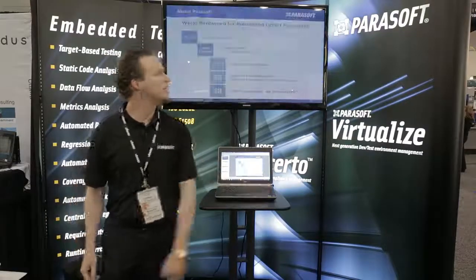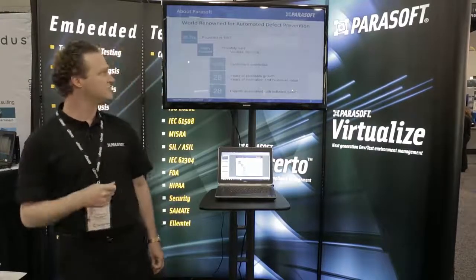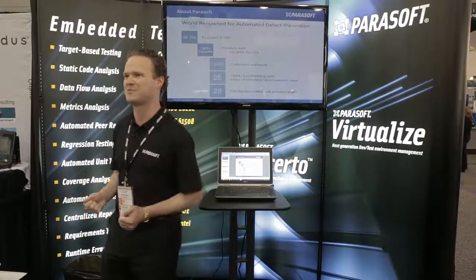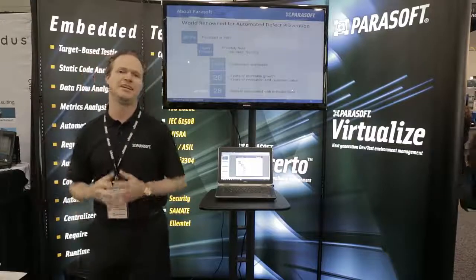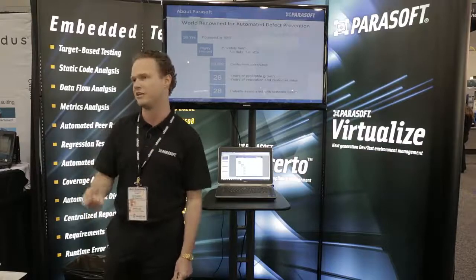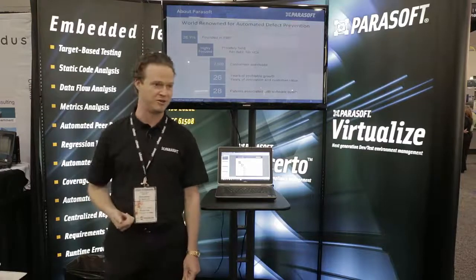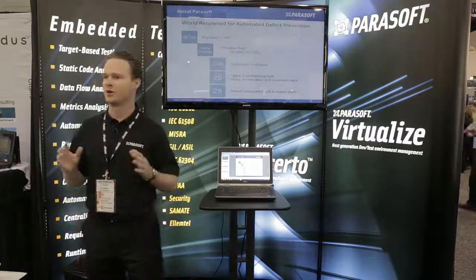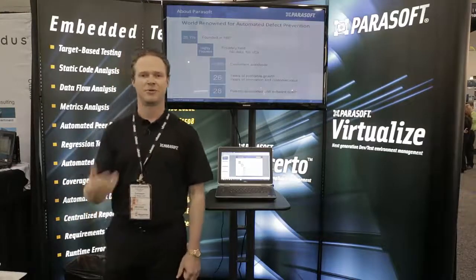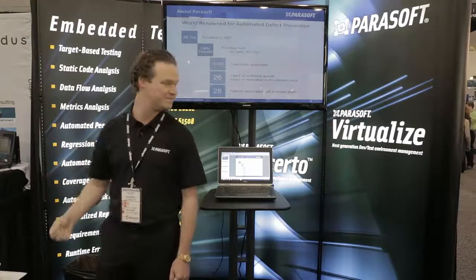So first, a little background. Who's Parasoft? Well, we've been around for over 25 years, and we're privately held. We have no debt, no VCs. We kind of choose our own destiny from that perspective. We have some of the first patents in a number of software quality development testing technologies like static analysis, automated unit test generation, flow analysis, many things along those lines. Automated peer code review. And we're a global company. We have offices all over the world, thousands of customers, and we're happy to continue to serve them and see how we can improve software quality in general.